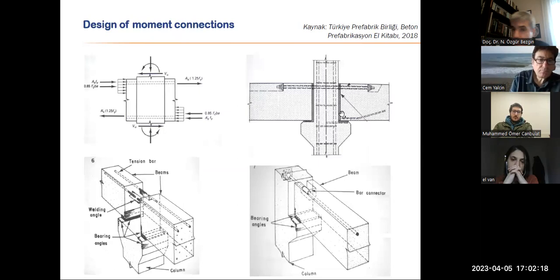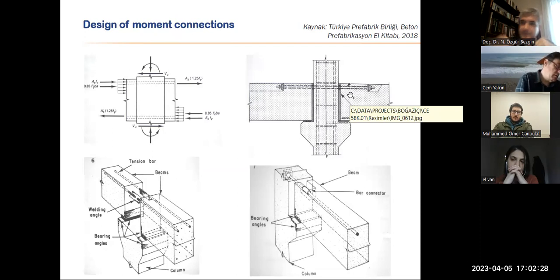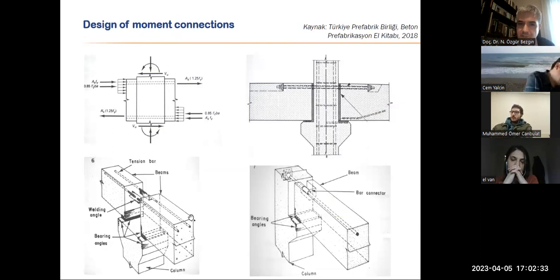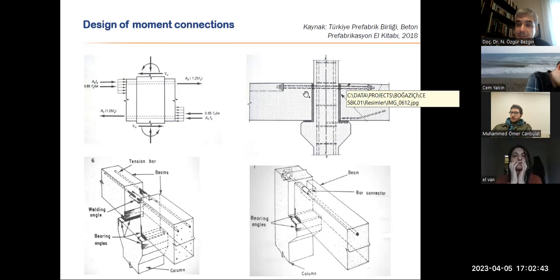Well, what about moment connections? If you have a moment, then you need to have a force couple. Then you have to provide something above, a form of anchorage that connects everything, a steel structure. And we have special details for that to provide the moment connection. So when I want to bend this beam, I have the force at the bottom and force at the top. If it's reversed, tension and compression, force couples, it does work. But we need to respond to it explicitly. That's the important part.